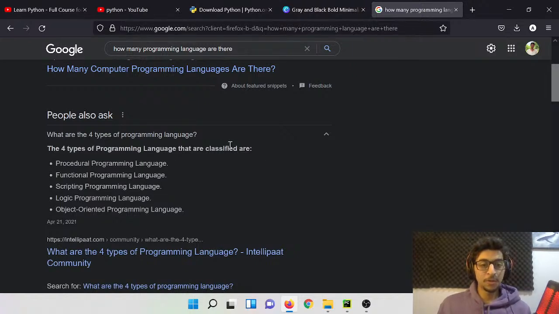What are the 4 types of programming languages? The 4 types of programming languages that are classified are